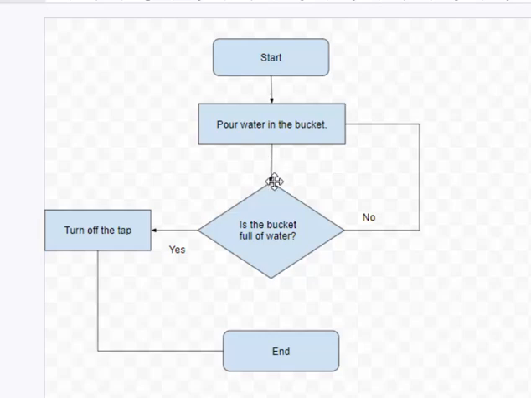So I come down here, and now I get to a decision. So I have a question to answer. Is the bucket full of water? So if the bucket is full of water, I can say yes, turn off the tap, and then that's the end. If the bucket is not full of water, then I say no, and then we come back up here